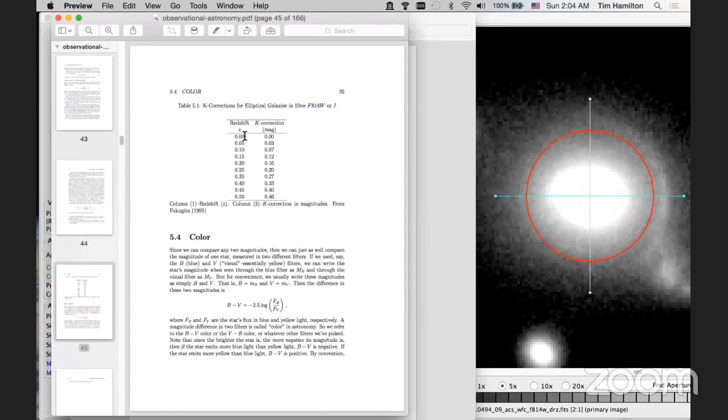So we have to look up the redshift. We have to know what kind of galaxy it is, because a spiral galaxy or an elliptical will have a different spectrum. We look up the redshift. This is the redshift of the lens. Our redshift of our lens was